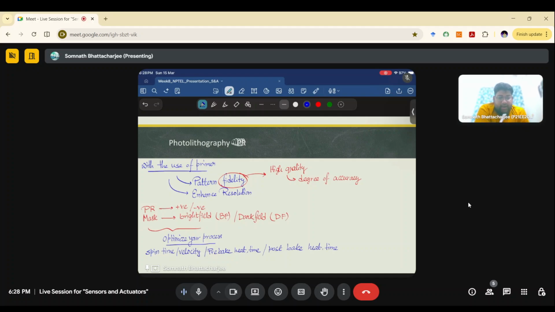So let's say you have to get a specific pattern, and to get that exact pattern you will need to optimize your PR. You need to choose a PR at first. So based on your use case, do you need a positive or negative PR? Based on your use case, do you need a PF or DF mask? And after choosing that, you have to optimize that process, like how much spin do you give to the PR, how much PR do you need to also